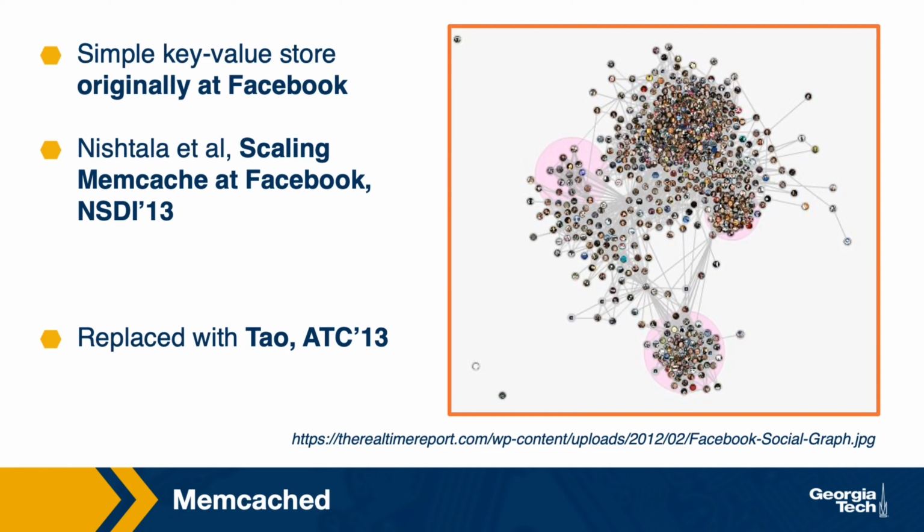However, the Memcache NSDI paper is still very interesting for us to talk about because it describes how this key-value store Memcache is used in several different deployment contexts, from within a cluster to across geographically distributed data centers. And then it describes a number of different mechanisms that are used to provide consistency, and each of these mechanisms essentially realizes some trade-offs that are acceptable in the appropriate deployment context.